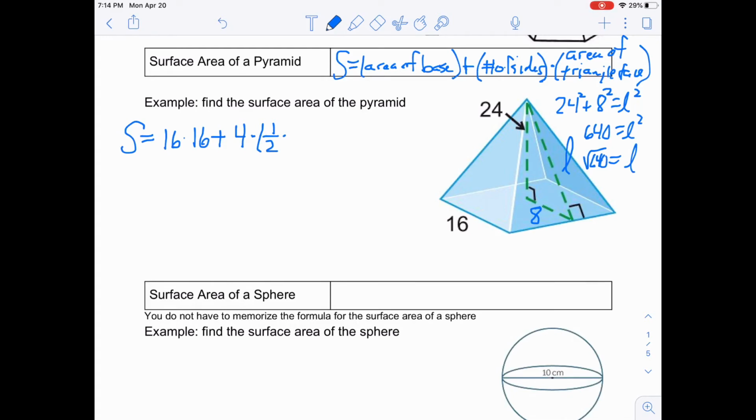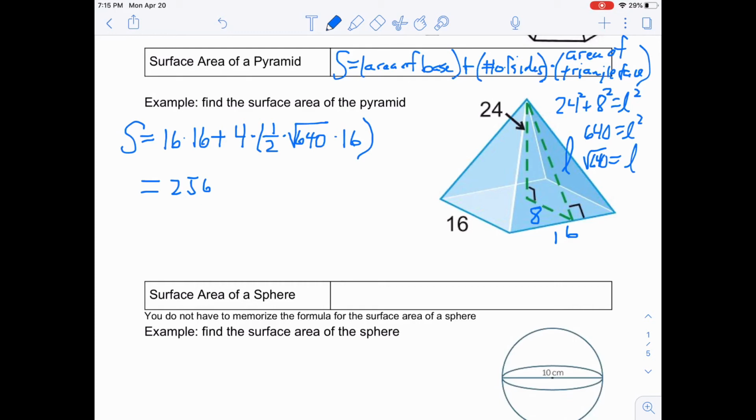Okay, that slant height is the square root of 640 times the base of the face triangle, which is a 16. I can even write it over here saying that that triangle that we're looking at has 16. So we got 4 of those faces, and when we calculate that out, we get 256